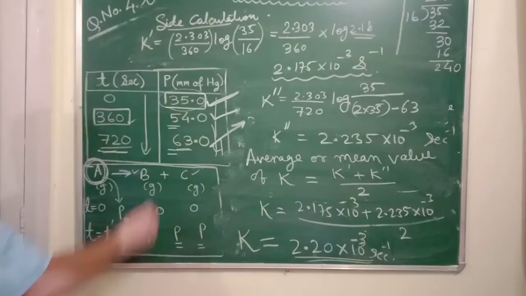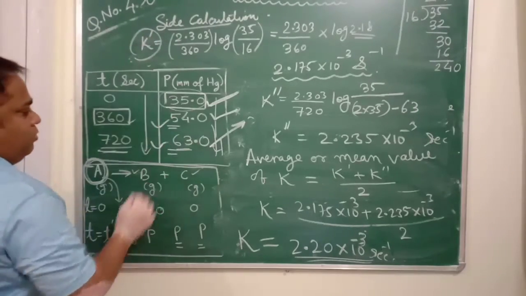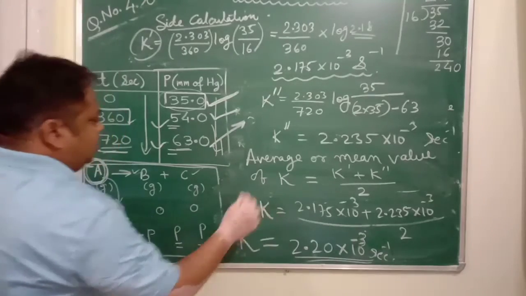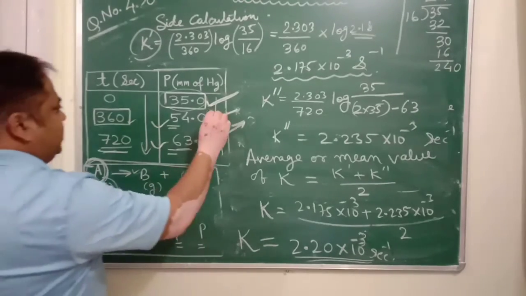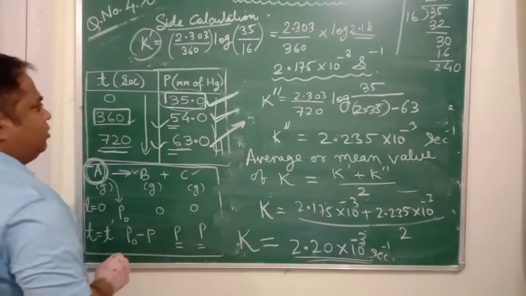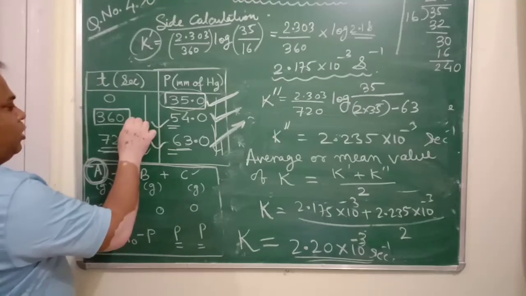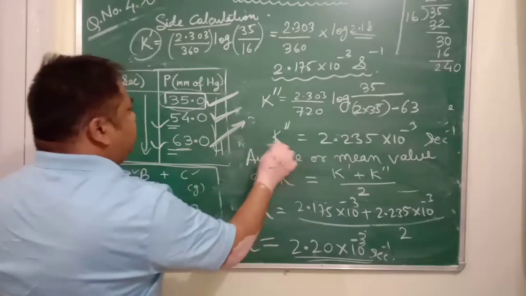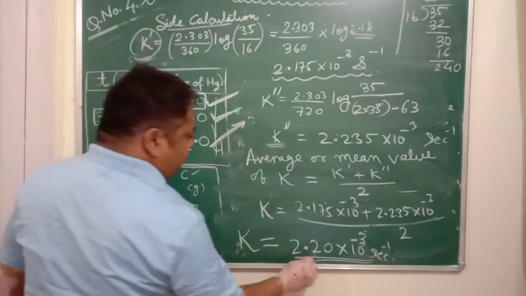So why do we have these two values? So that we can find out two values of k and we can find out the average of that. And that is how we do the calculations based on experimental data. We don't depend upon one experimental value, because in one experimental value there can be human error or instrumental error. So two values of pressure have been taken, and corresponding to that the value of rate constant is taken out and the average of that is taken, so that we can get near to the correct value.